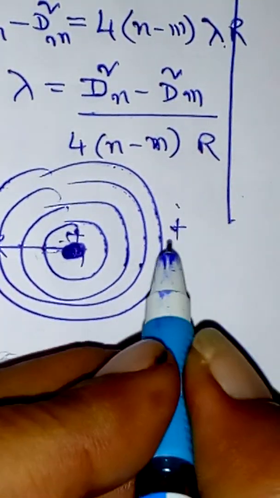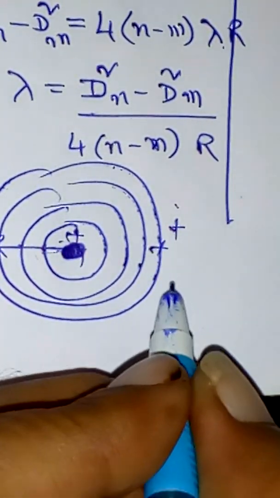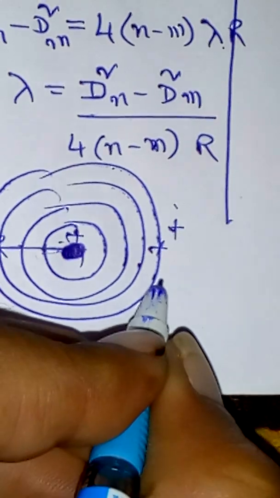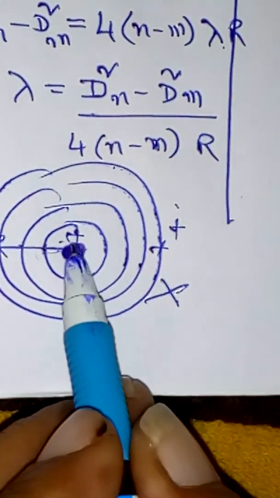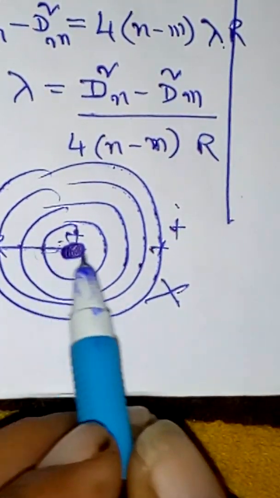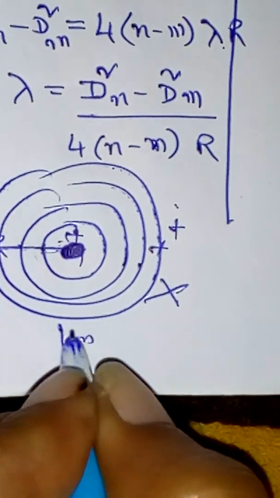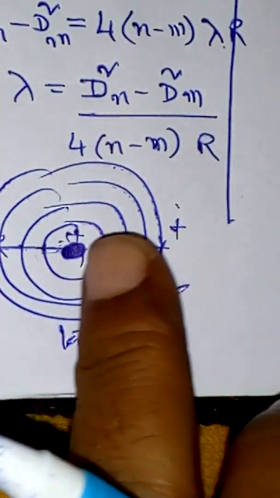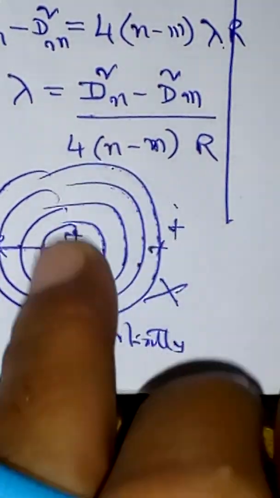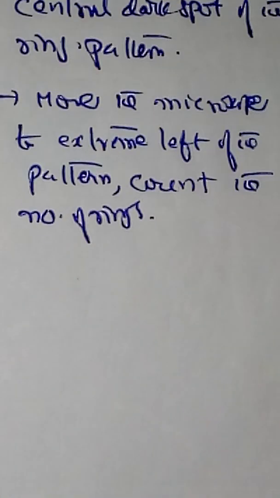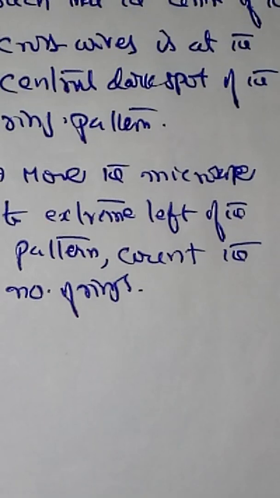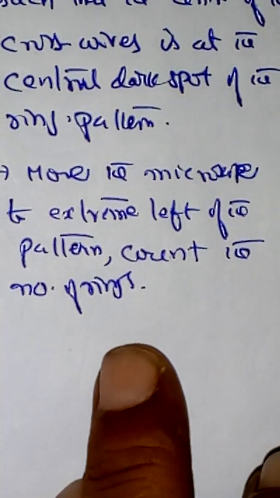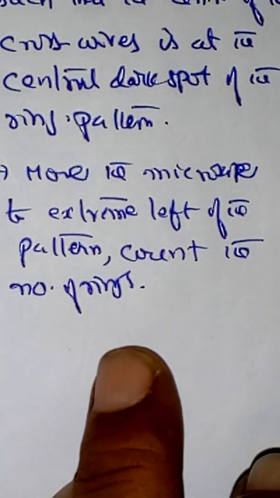How to place it? Very simple. The crosswire you can't place like this. So the crosswire should be kept tangentially. At each place you have to keep the crosswire tangentially. This is very, very important. So the crosswire is to be kept tangentially at each ring and the number of the ring is to be counted. In fact, you have an experiment in spectroscopy, you can do this. Count the number of rings.